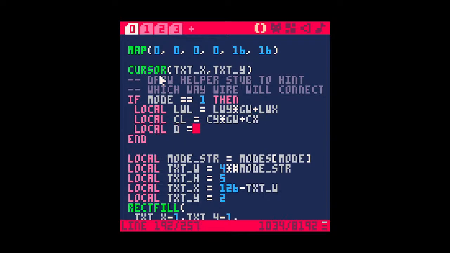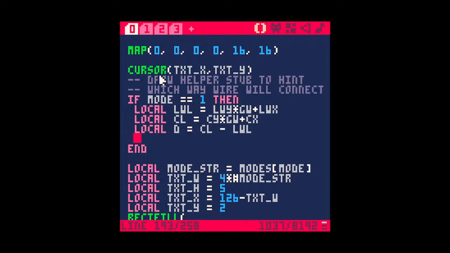Local D equals C linear minus last wire linear. Local TLUT, tile lookup table, equals